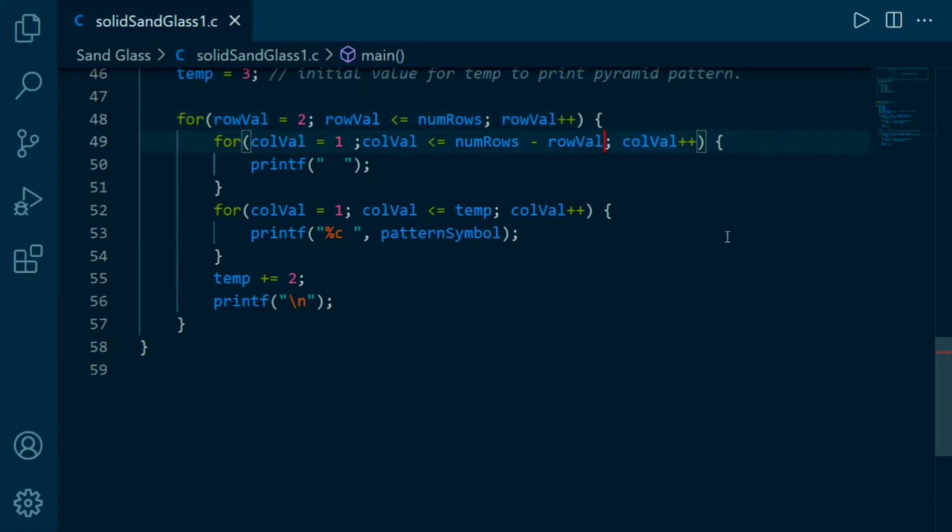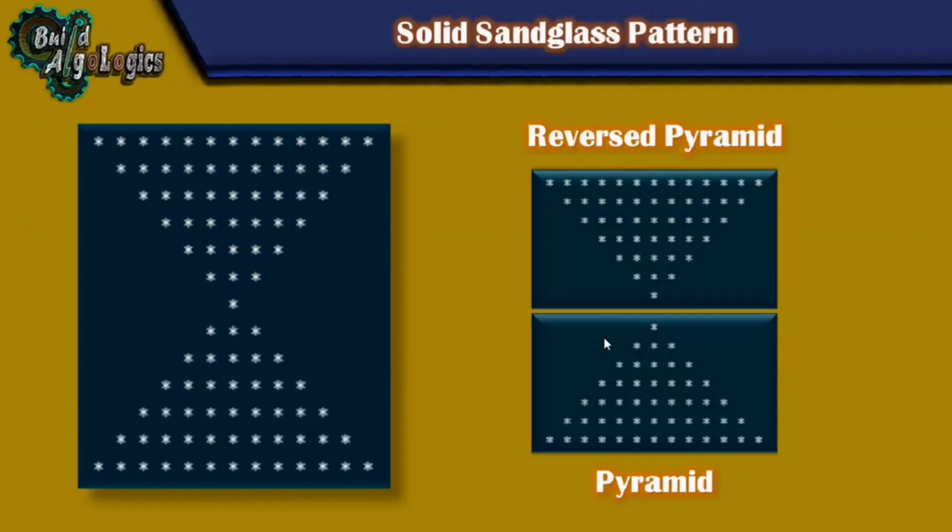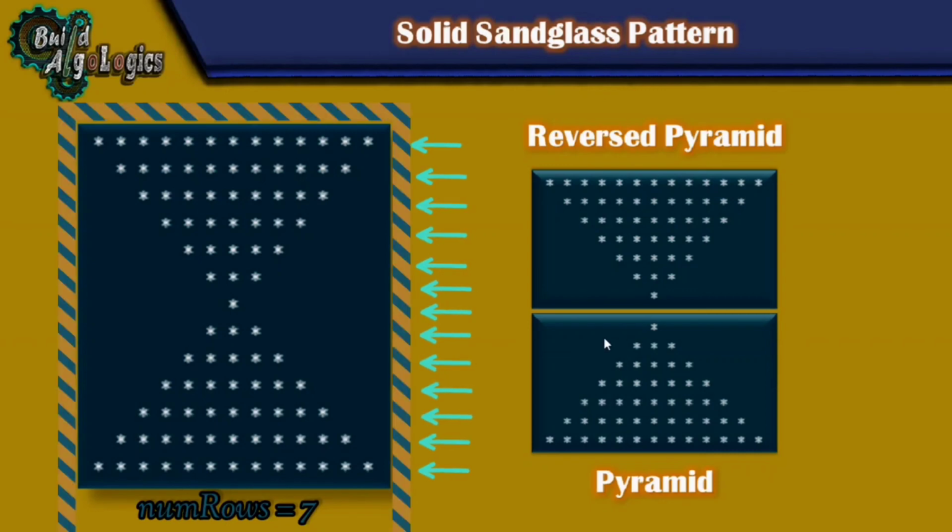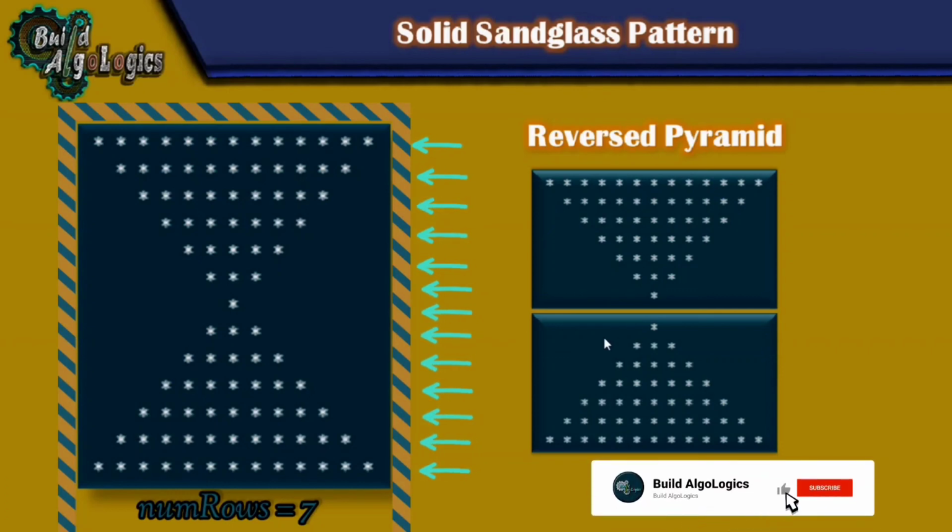Alright, so now similar to our previous pattern, we can also print this pattern in only number of rows times, and here the number of rows is nothing but the 7. Basically I am talking about these lines or rows. These lines are nothing but double of our numbers, which is 7 here, and this pattern consists of 13 rows, approximately double our numbers. So what we want is for our output to be printed in only number of rows times, as defined by our numbers variable, which is 7 right now.